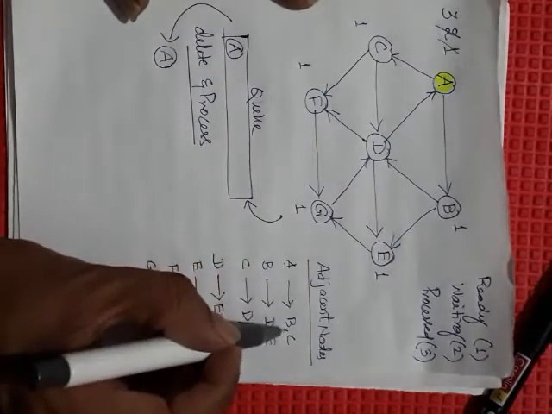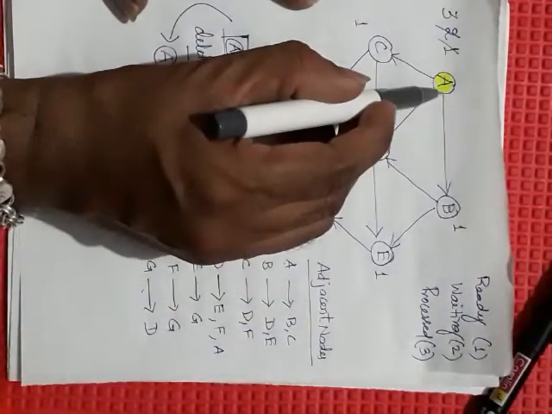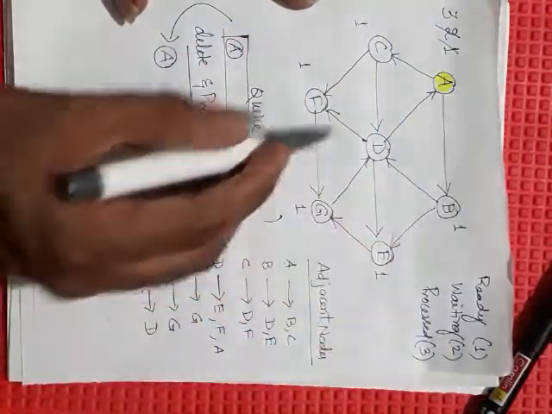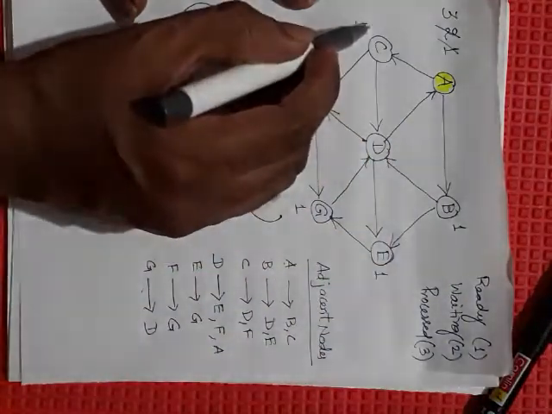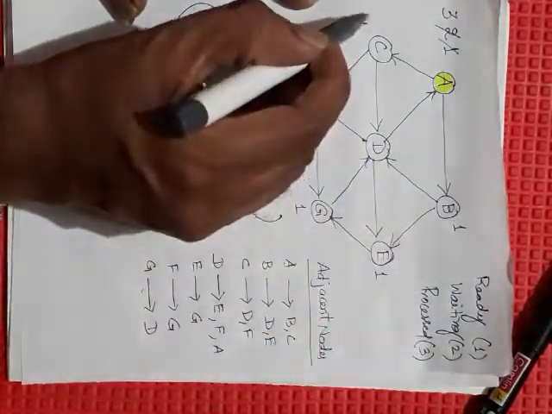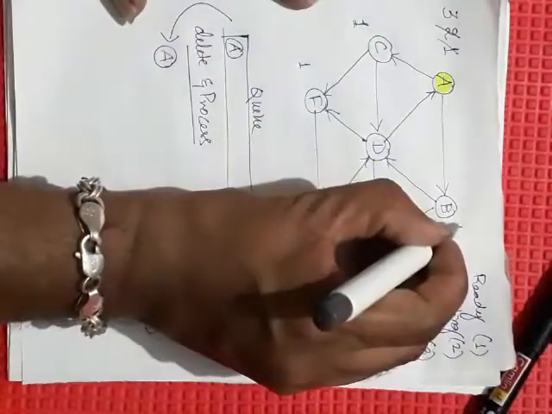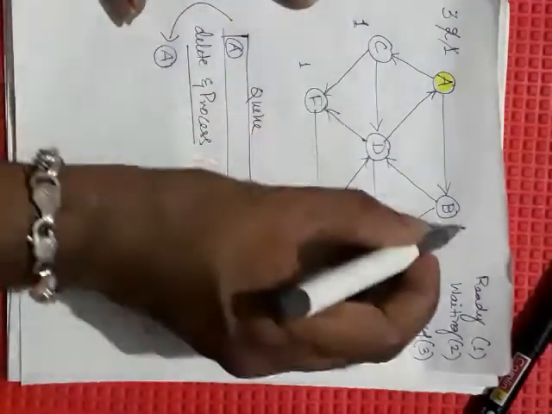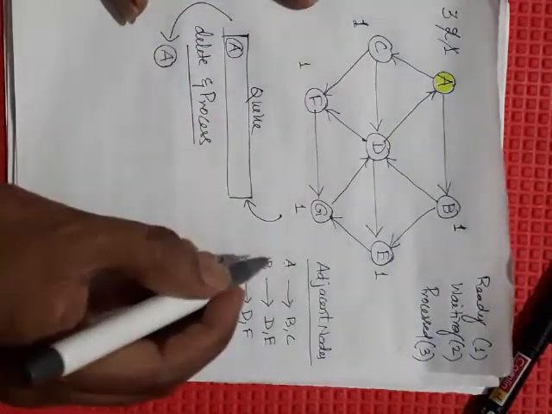Adjacent of A is B and C. You can observe in the graph also B and C. Now these two nodes are adjacent. When they are adjacent, check their state. If it is in ready state, then only we will insert. Initially, B and C's state is ready state only, so that will be inserted into